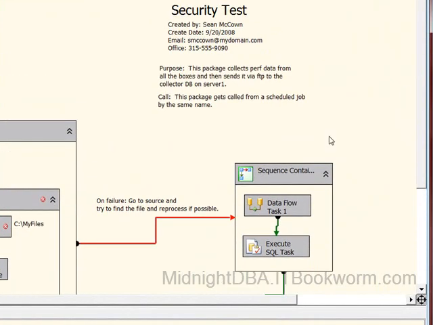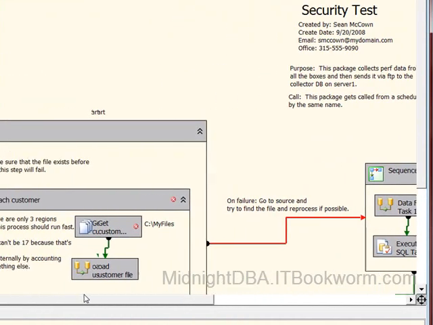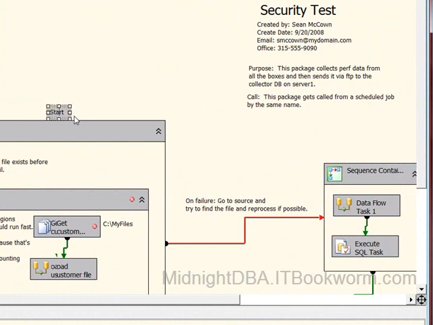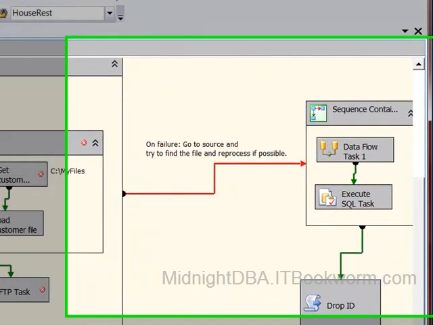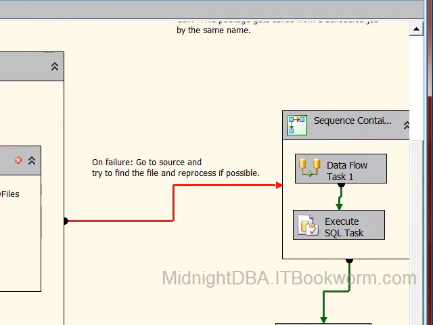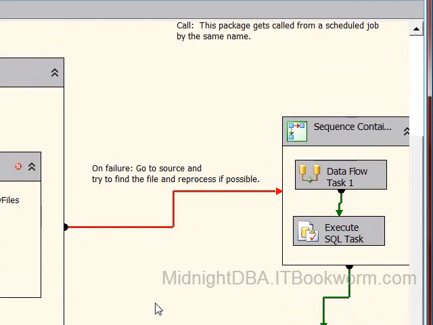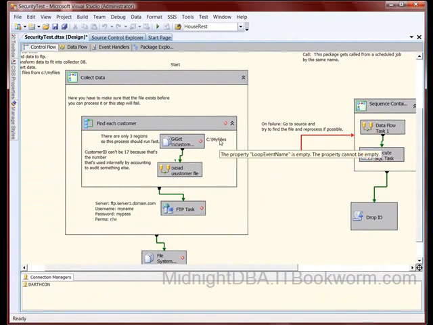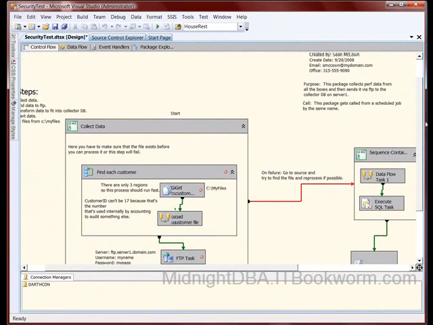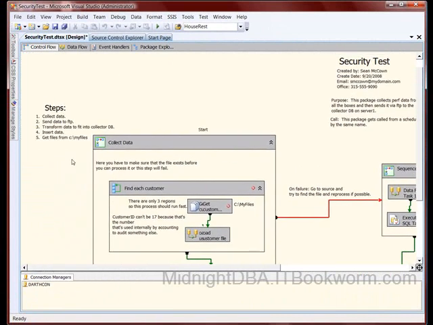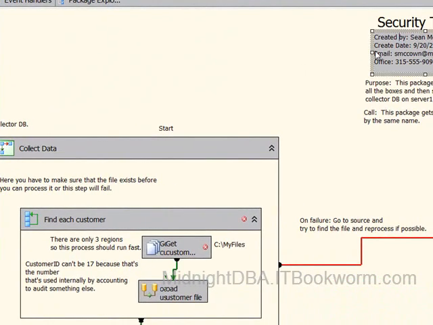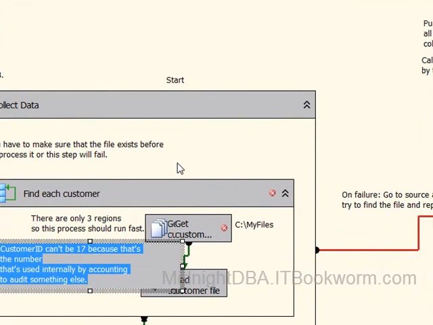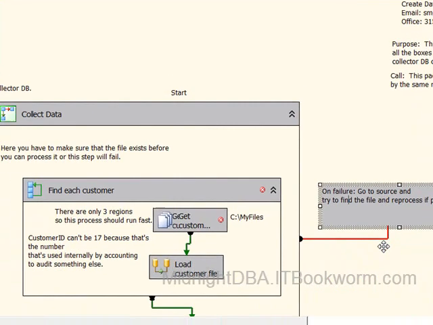So look at the readability of this package already. It's a little bit busier than it was before, but look at how much more information is here too. I mean, it's tremendous the amount of information that's here already and how readable this is. Just by looking at this, before I do anything, I know the major steps of the package, what this package does, I know where it's called from, I know what it's for, I know who created it and how to get a hold of them, I know why I can't use customer ID 17, and I know what I'm doing specifically when